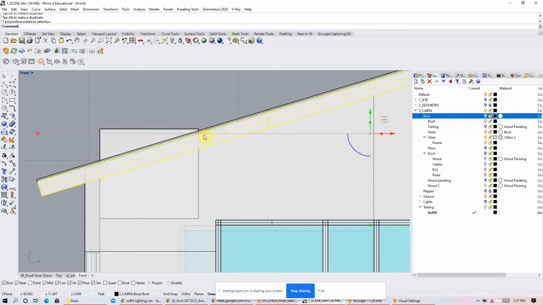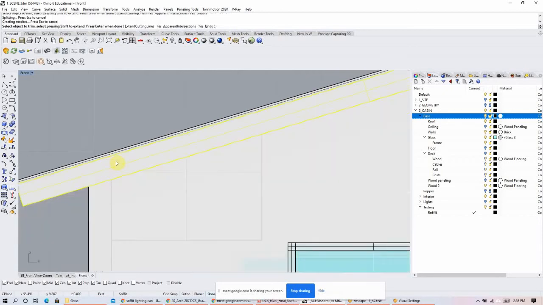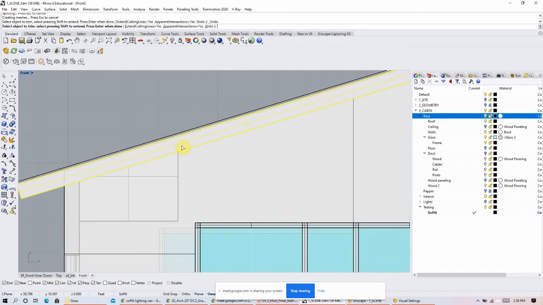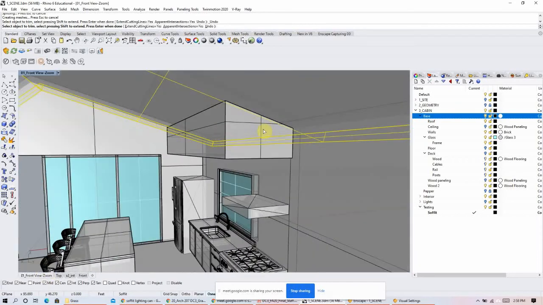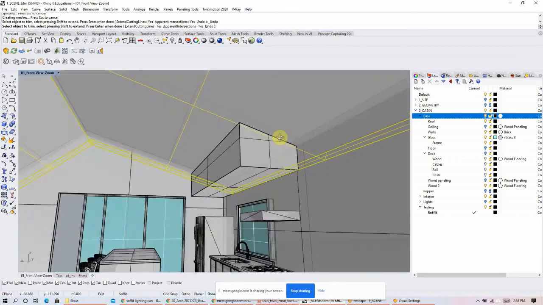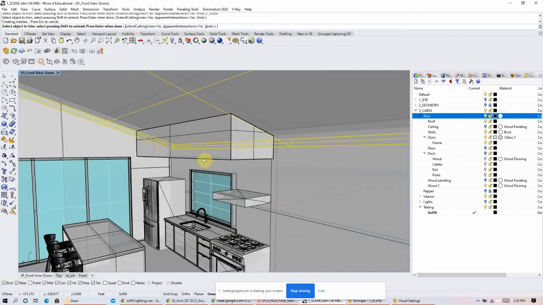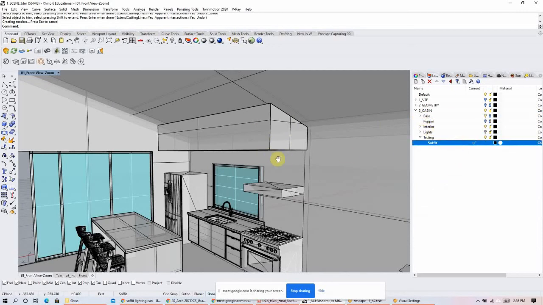Okay, so now I can select that roof. I can type in trim, select object to trim, and I can select that soffit. Okay, and I think it even still exists. Oh, is that right? Yes. Yeah, it's fine. Okay, great. Looks good. So the roof has trimmed off the rest of what was that box. Now I can press escape, go back and lock my box,